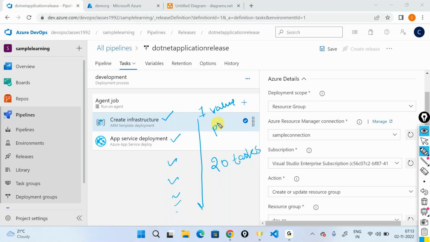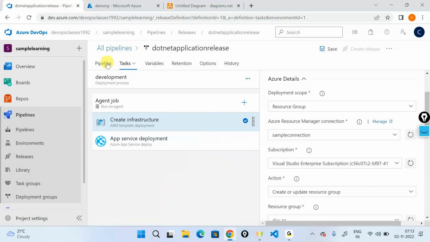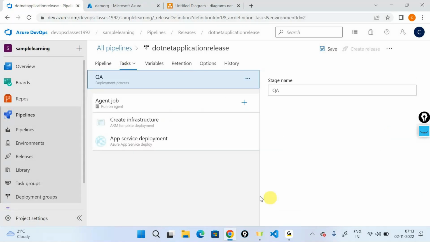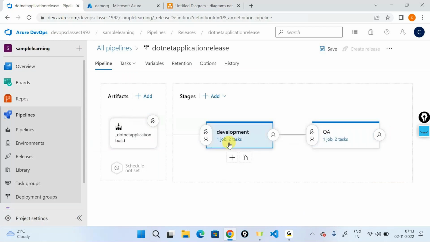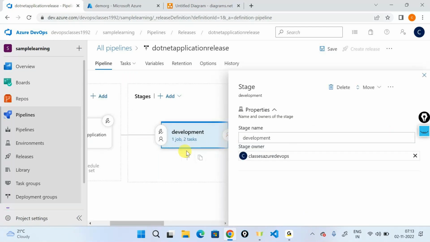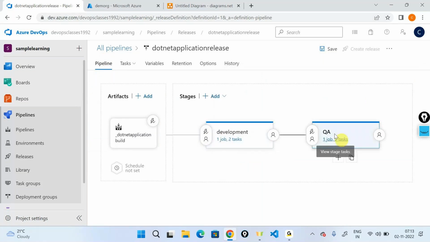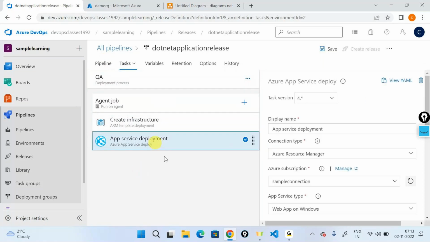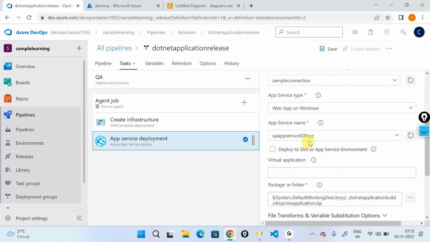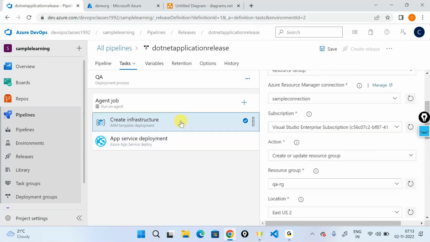And imagine that the plan name is also being used in every task. You again have to go into all the tasks and change that too. In the same way, I also have to update the QA stage. So every time I create something here, let's say a different task here, I'll have to make sure that I create the same task here as well, and also make sure that I update the names here. Let's say I want this to be 001, this also to be 001 out here,